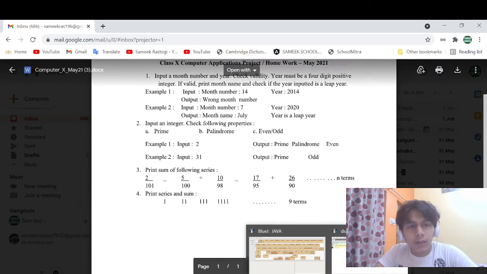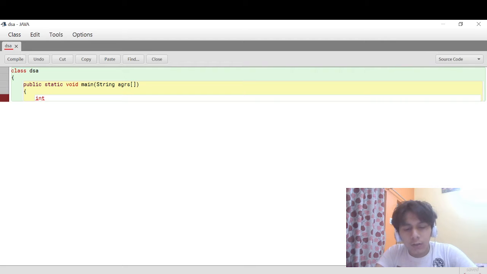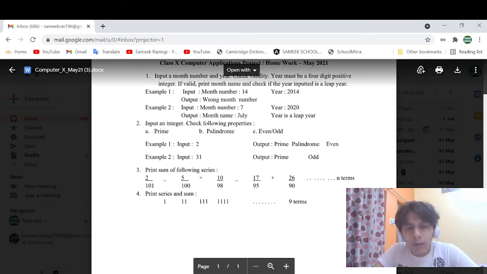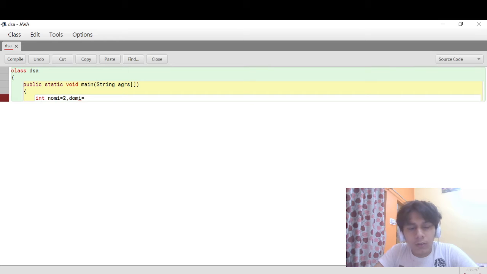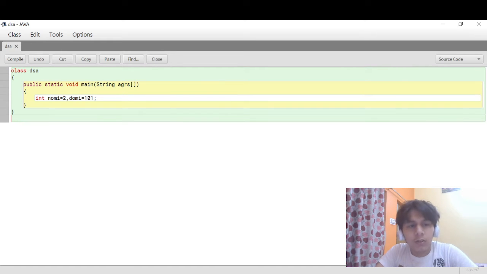So we have to write here int numerator. I am writing numerator as nomi equals 2, and denominator I am writing as domi equals 101. I am closing the brackets.